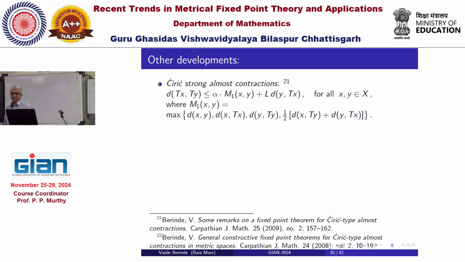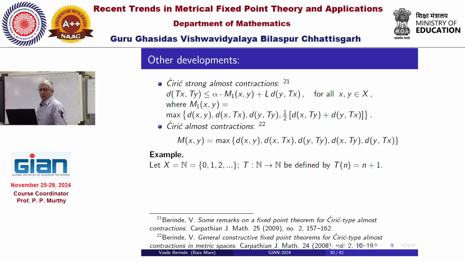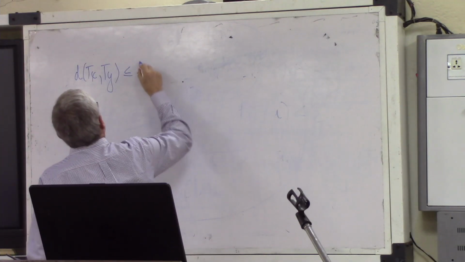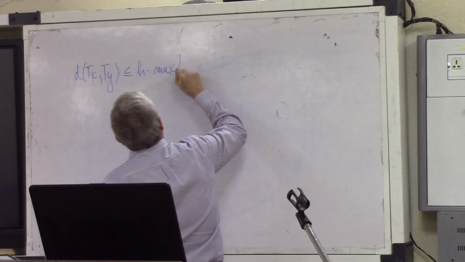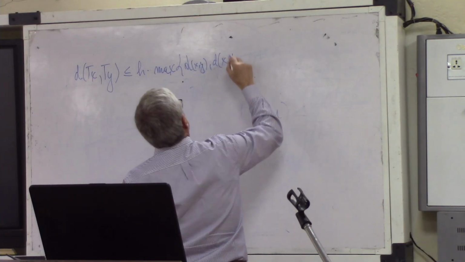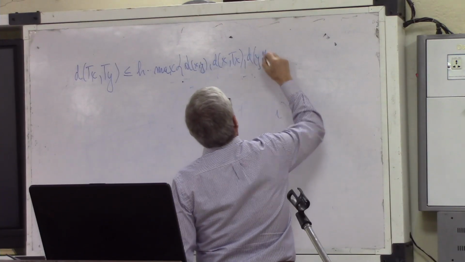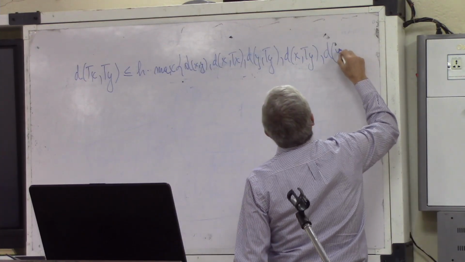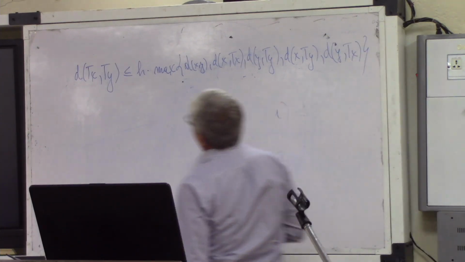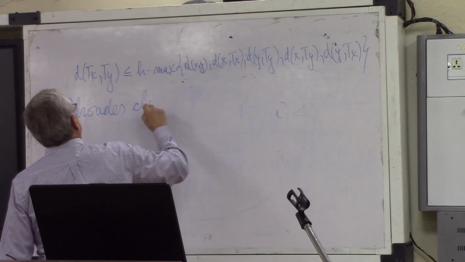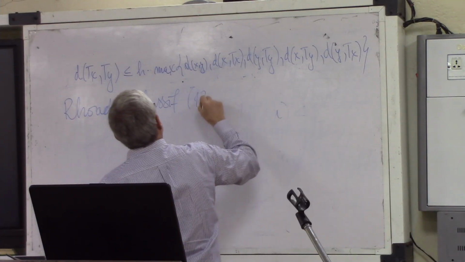Among them is the Ćirić condition. I write it once again, because this is very important: d(Tx, Ty) less than or equal to a max of d(x,y), d(x,Tx), d(y,Ty), d(x,Ty), and d(y,Tx). This is the most general condition in the Rhoades classification of contractive conditions. I mentioned this paper,